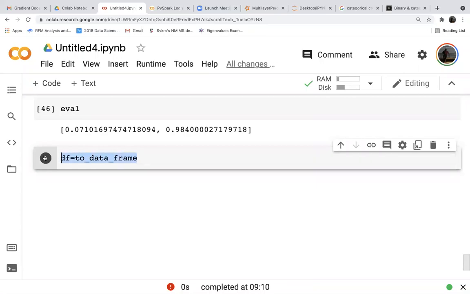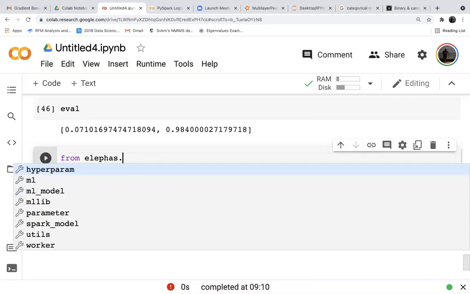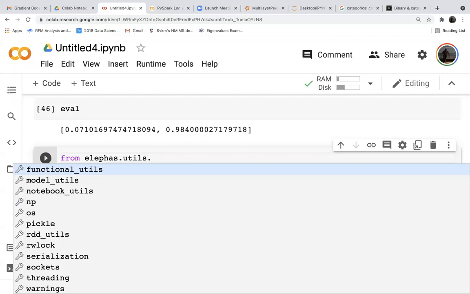Let's see, from elephas.utils, we have what, utils, RDD utils, huh?